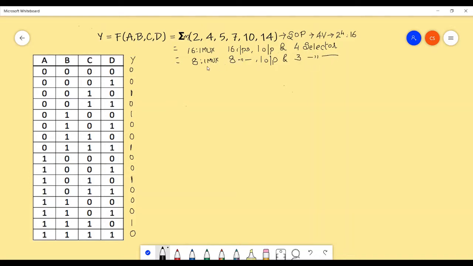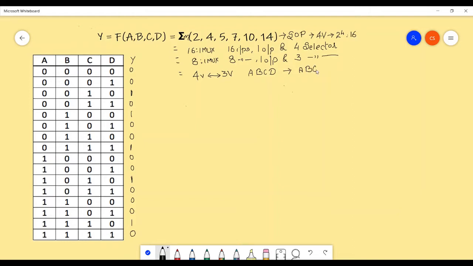So what I need to do is, I need to be converting this expression which is having 4 variables into an expression which is containing 3 variables. Which means that my 4 variables are A, B, C and D. This has to be converted to a function which are containing 3 variables.